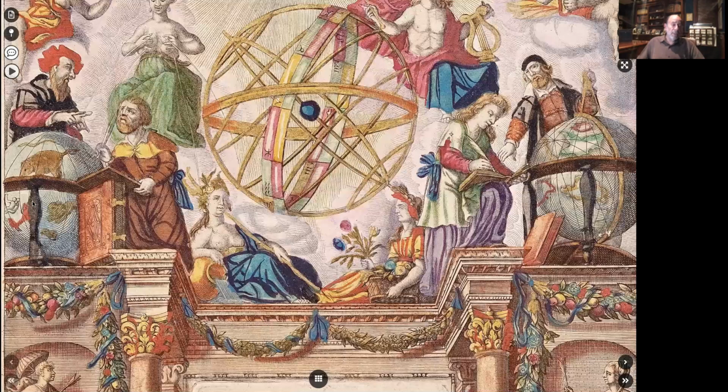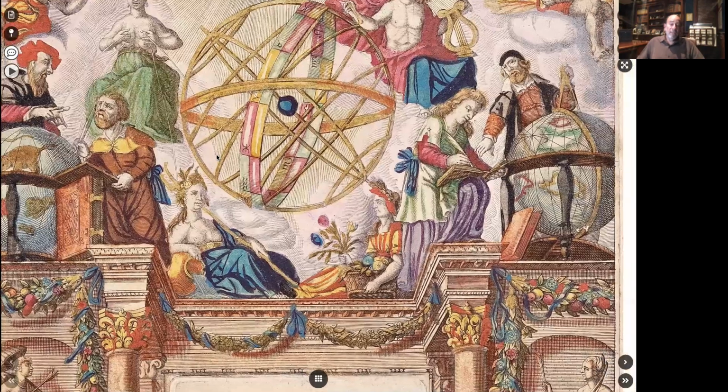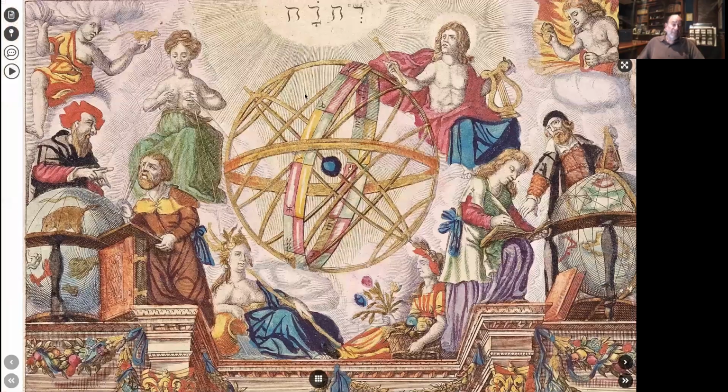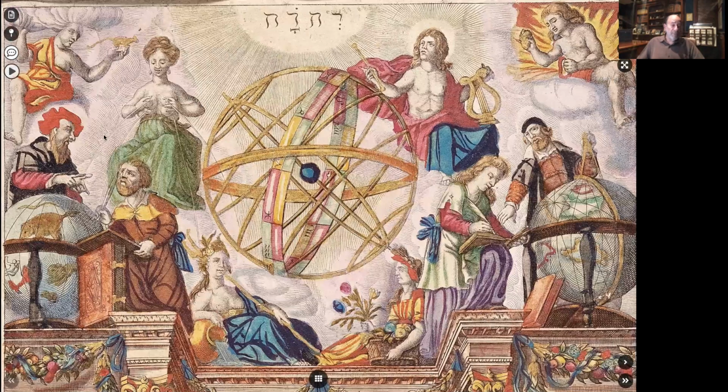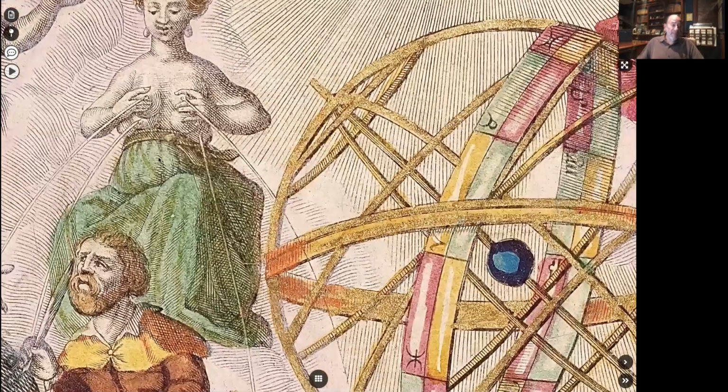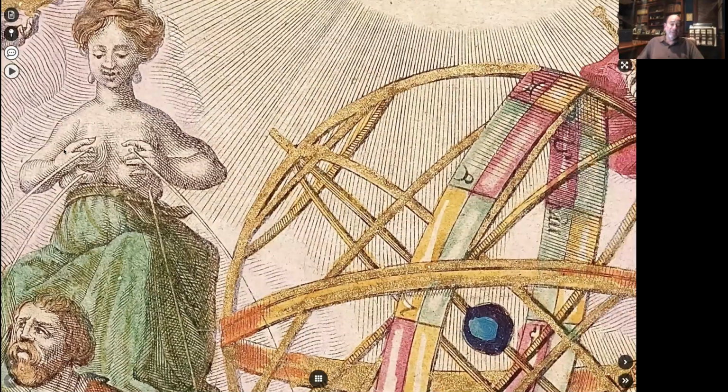a celestial globe. On the left side is a geographer or cartographer who is also dictating to a scribe, and he stands behind a terrestrial globe with his instrument to measure distances, etc. Up here, this is meant to represent Mother Nature, with four breasts and milk coming from them to symbolize harvest and the bounty that Mother Nature gives to people,